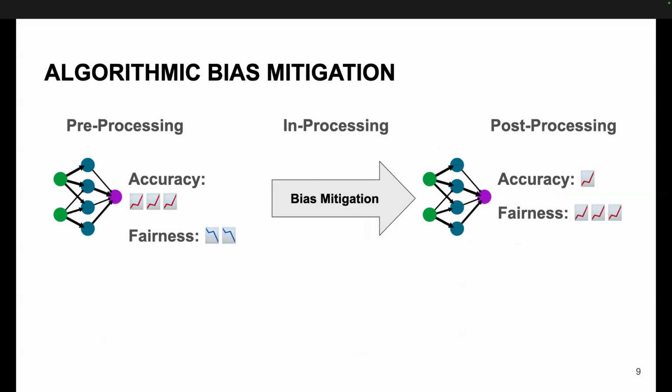Talking a bit about how bias mitigations work from an algorithmic perspective, there are generally 3 different categories of bias mitigations. You have pre-processing techniques, which transform data before it goes into the model. There are in-processing techniques that change the learning algorithm in some way. And then there are post-processing techniques that try to do something to the predictions. Typically, what these bias mitigations are doing is you have some very accurate model. So you start with maybe the best performing architecture that's very accurate, but it's not very fair at all.